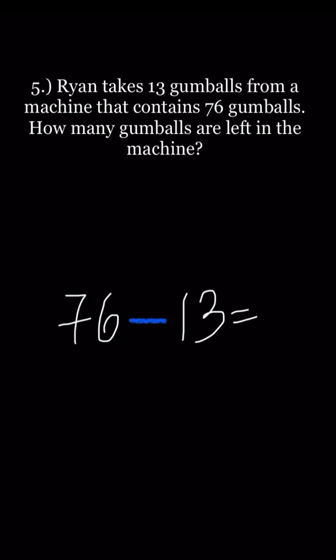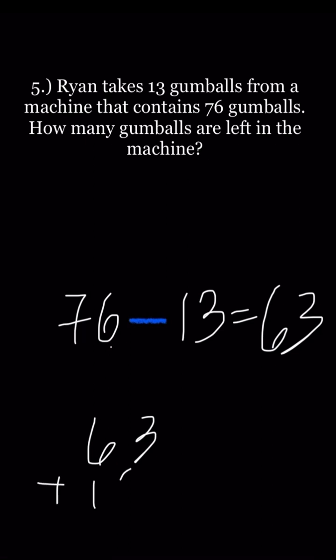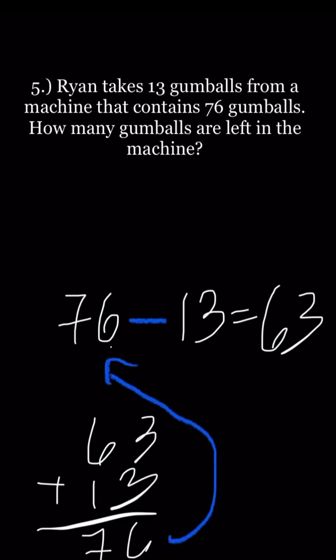If we subtract 76 minus 13, 6 minus 3 is 3, and then 7 minus 1 is 6. So meaning to say, there are 63 gumballs left. To check our work, we just have to add 13. 3 plus 3 is 6, 6 plus 1 is 7, and it's the same. So the answer is